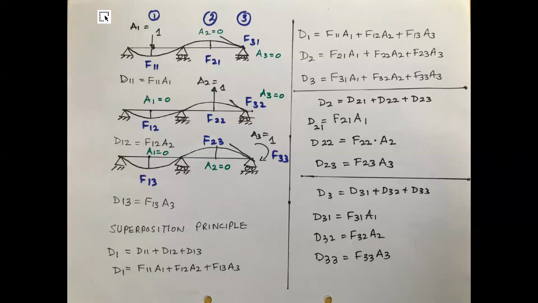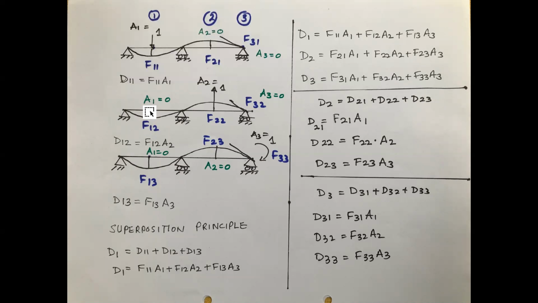You can see here, this is the first diagram, same as what I have shown. This is the second diagram, where the effect of A2 is being considered by applying a unit load, A2 is equal to 1. And whatever flexibility coefficients are generated at the locations I have shown earlier, 1, 2, and 3. So 1 is the deflection. Now, how to write it as per our subscript definition? This coefficient will be F12, generated here.